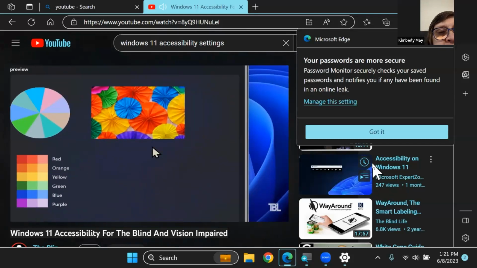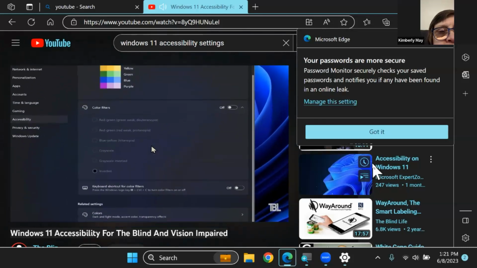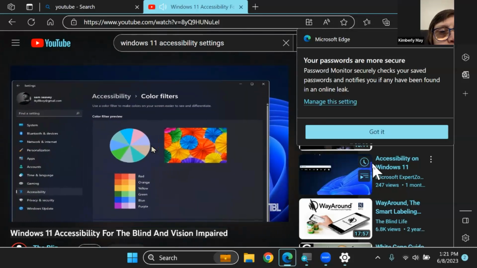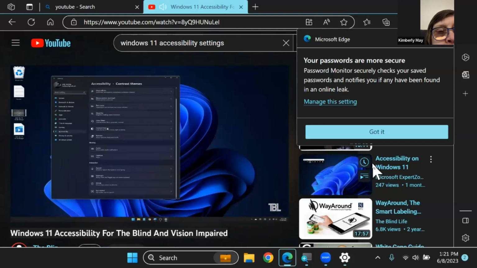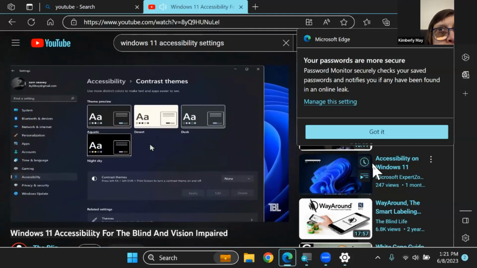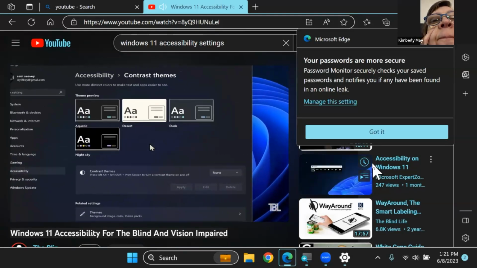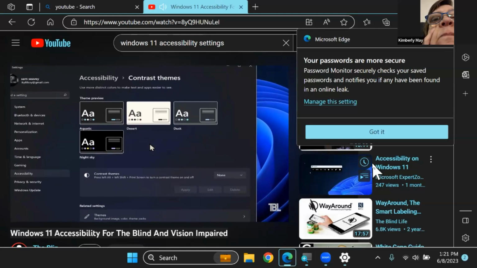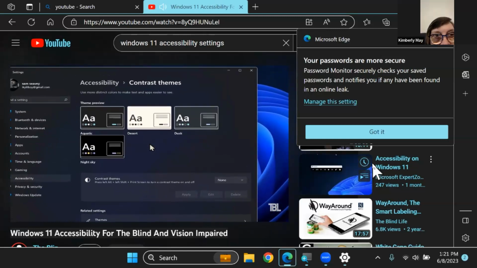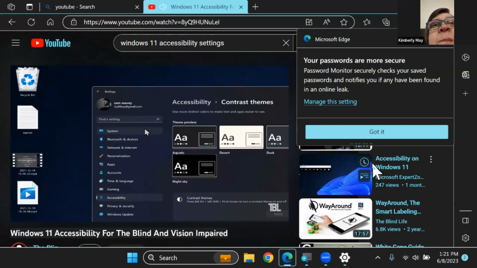Color filters, this is for if you need to adjust the color filters for color blindness or something like that. You can do that in here. Contrast themes. Now I'm going to save this for another video, a dedicated video just for contrast themes, because this is a big section that's gotten a lot of changes or improvements, I guess. There's a lot more variety than we used to have. So I'm definitely going to come back and explore this further in a